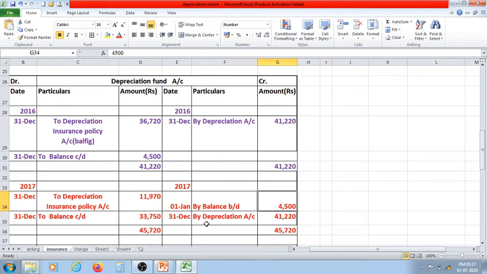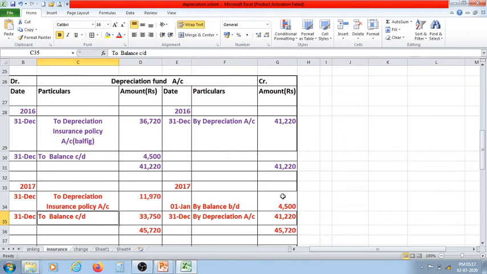The premium amount is equal to the depreciation amount. So by depreciation account 41,220, the depreciation which we charged in the first year, same amount. And then in the problem we are given the surrender value of the policy at the end of the second year. So that is recorded on the debit side of the fund account as 31st December, to balance carried down